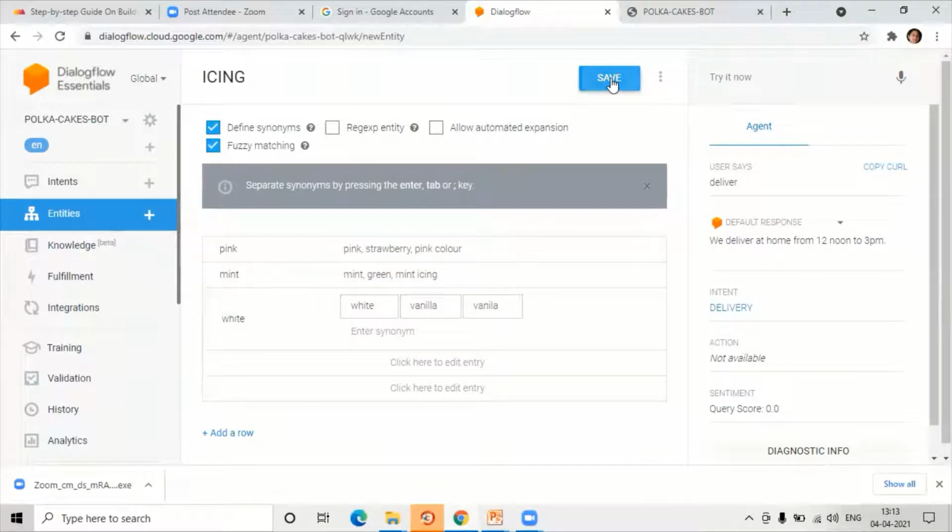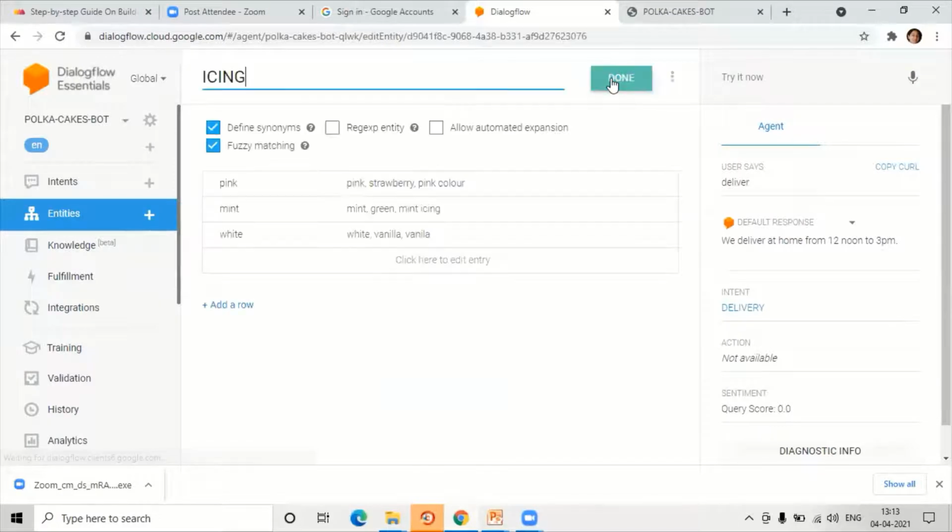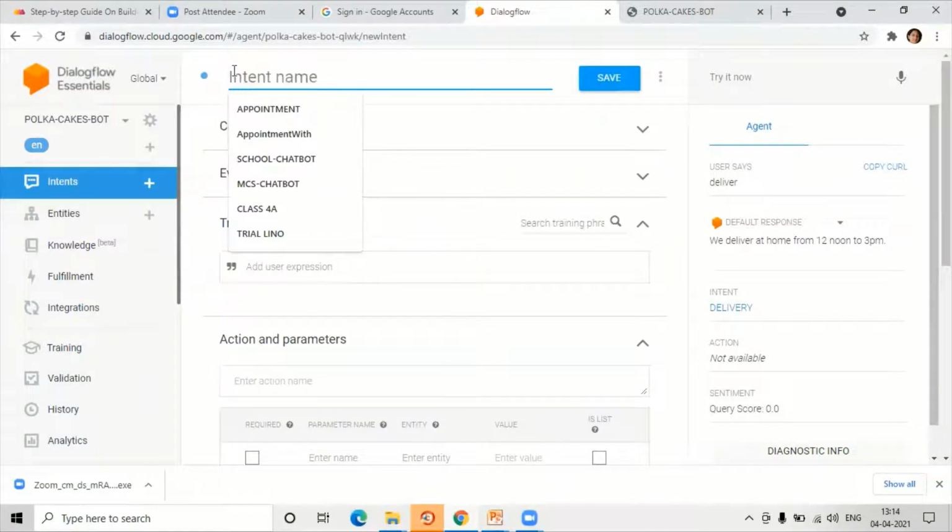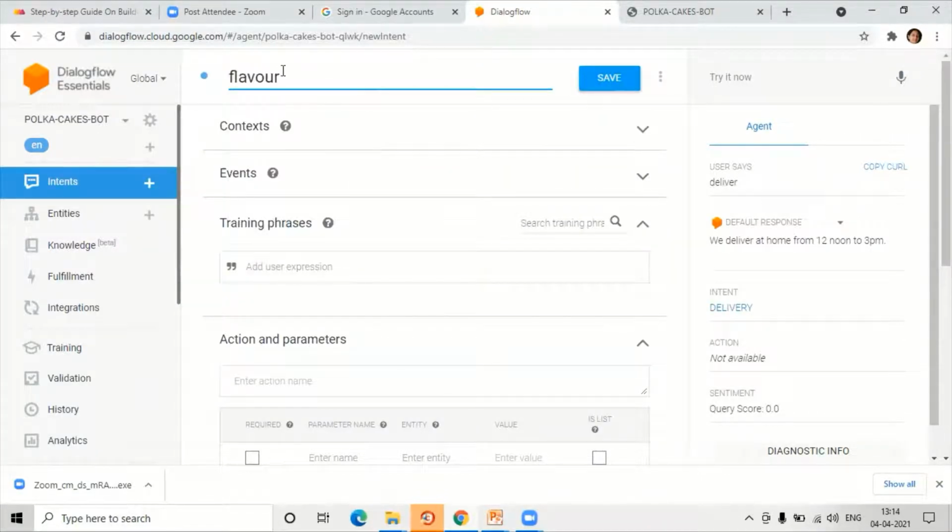We are giving three types of icing here. Now let's see how we use an entity along with our intents. Now in my intent flavor, the training phrases are vanilla.